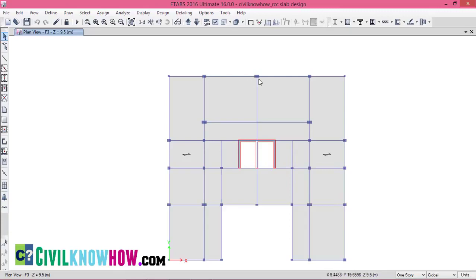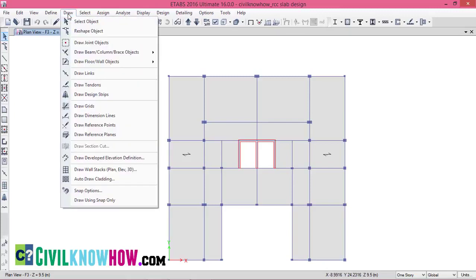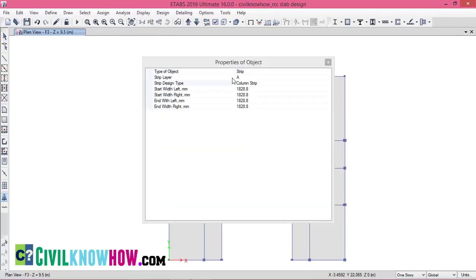And I'm going to design these two sets of slab actually. So first, to assign the strips manually, go to the option Draw. And here, select Draw Design Strips. So here, I'm going to define the strip layer A, and the strip design type I'm going to assign is